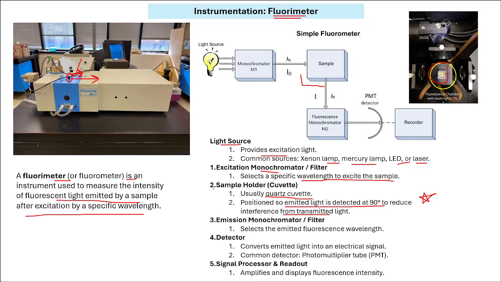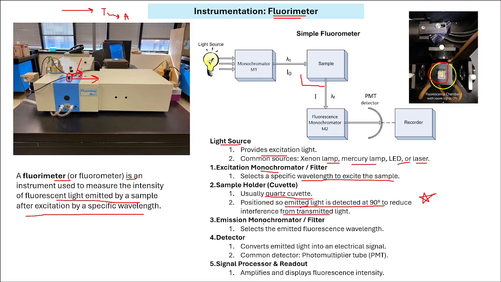If somebody asks you why, in absorption spectroscopy, the light passes straight through the sample and we detect the transmitted light, correlating it with the absorbed light, but in fluorescence, when we are recording fluorimetry, why is there a 90-degree deflection? The answer is that it is positioned at 90 degrees so that the emitted light is detected at 90 degrees to reduce interference from the transmitted light, because there would be too much interference from the transmitted light as well.